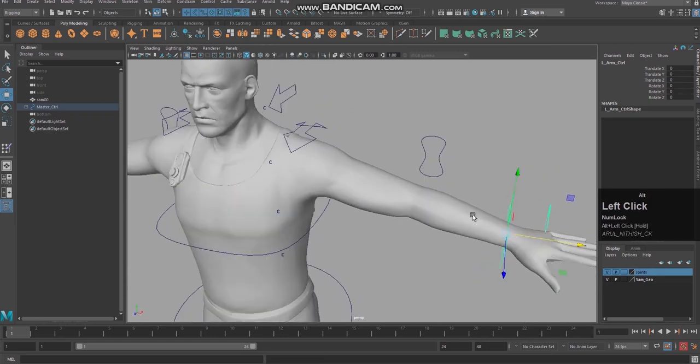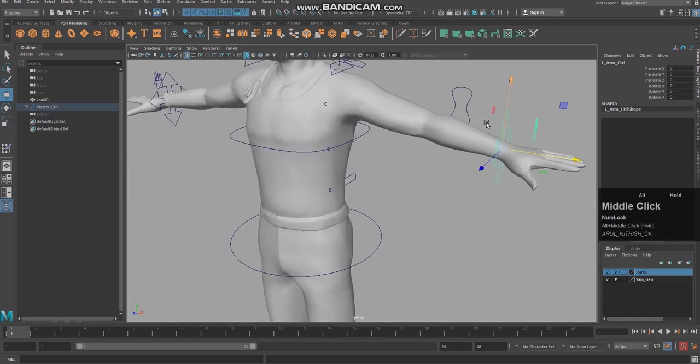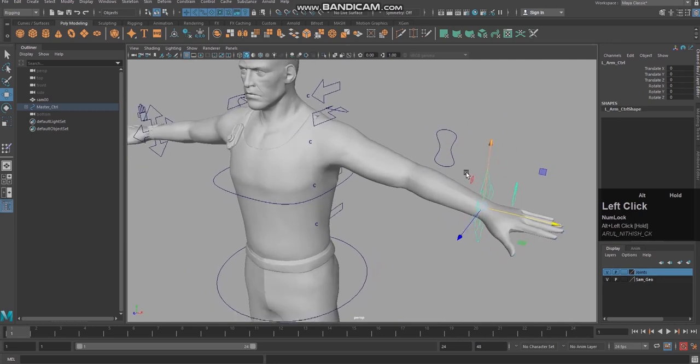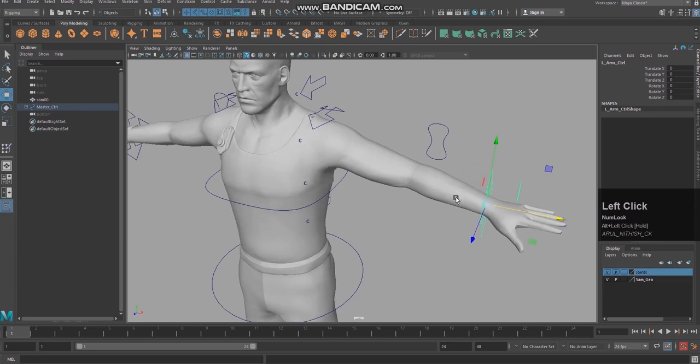So to resolve this issue, we are going to distribute the weight or influence of the joint or the bone over the skin, like what is the boundary that the particular bone can have its influence, and all these things we are going to do. For that we are going to use a concept called the paint skin weight tool. We are going to paint the skin weight.